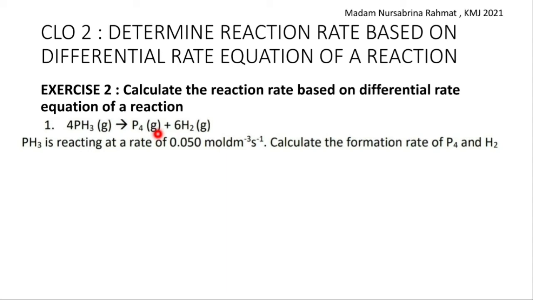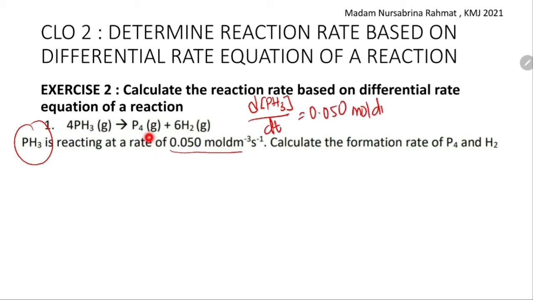When you are trying to calculate the new rate of reaction based on the differential equation, you can focus on what is given to you and what you need to calculate. For example, in this question, they give you the reaction rate for PH3, but they want you to calculate the formation rate of P4 and H2. So we first write down PH3 and P4, and then compare PH3 with H2. They give you the PH3 rate as 0.050. What does it mean by rate? It means this is dPH3 over dt equals